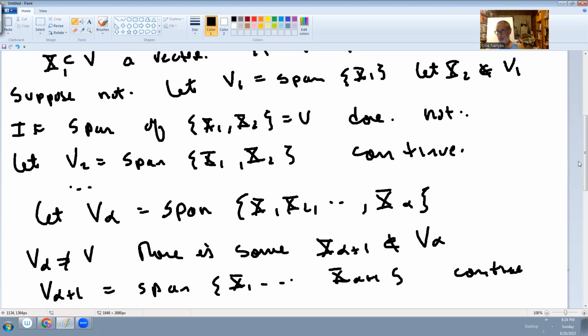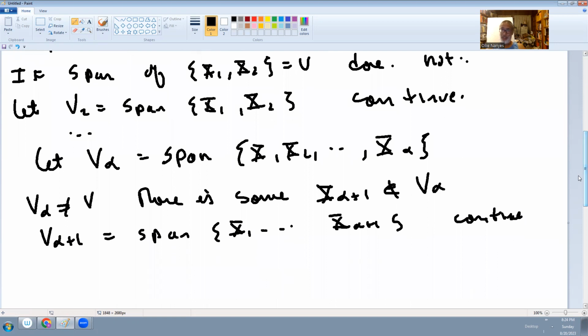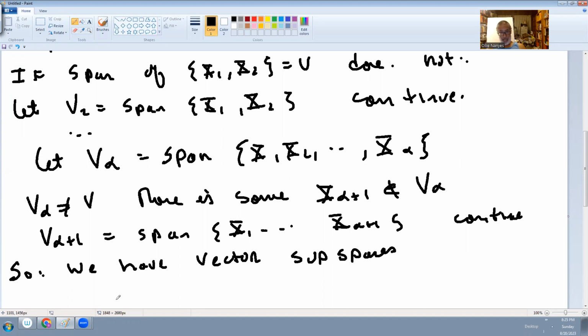You continue as much as you can. So we have vector subspaces, and again, a possibly infinite chain: V1 contained in V2, contained in V3, all the way out to V alpha, then V alpha plus 1. That continues